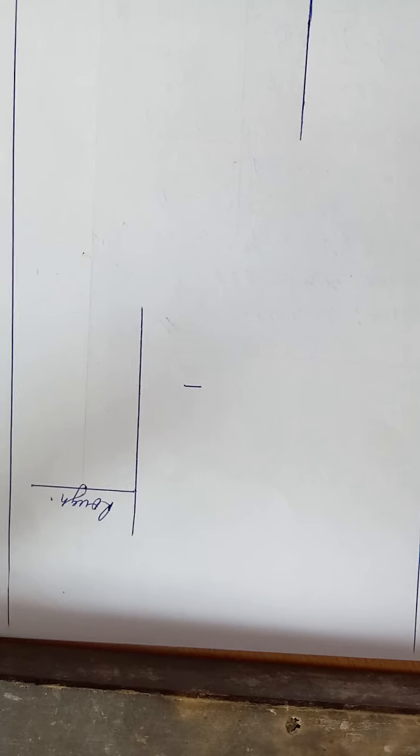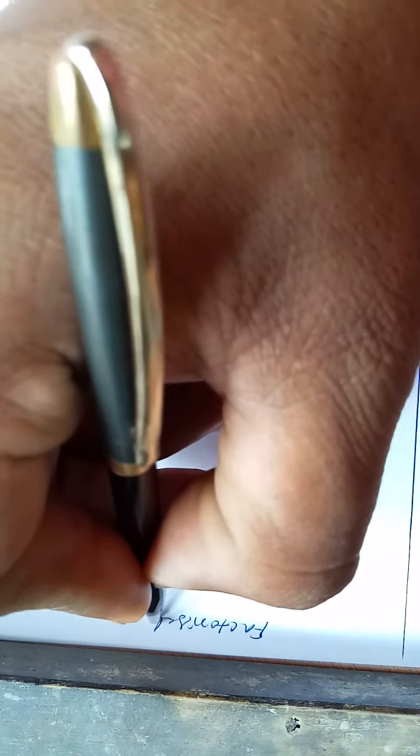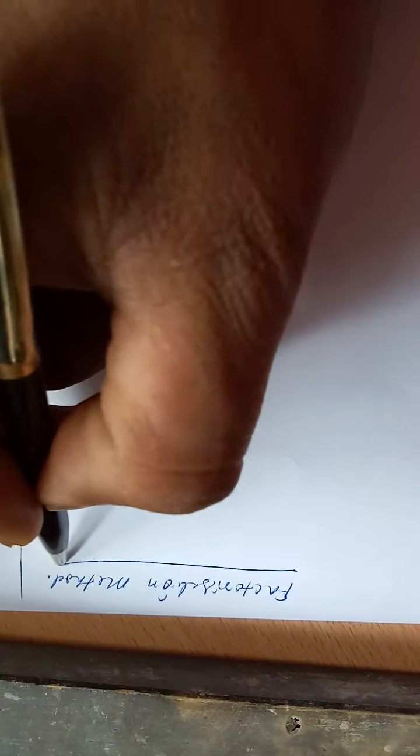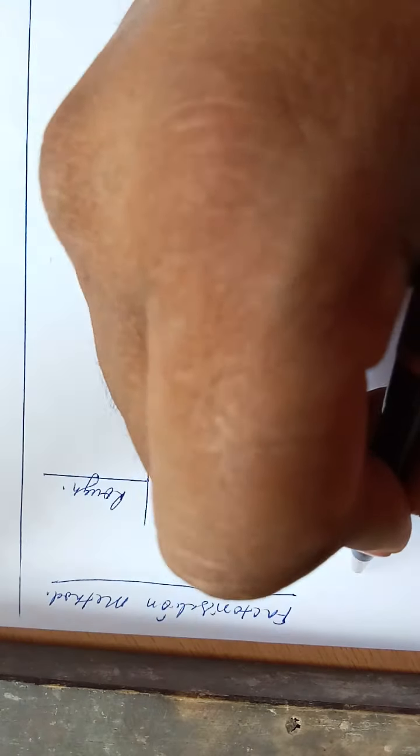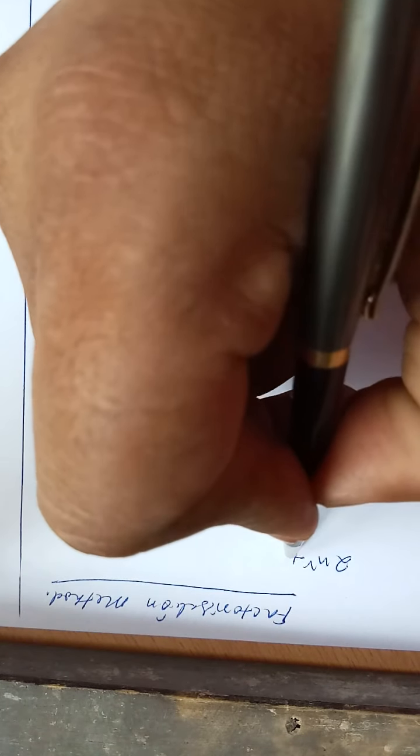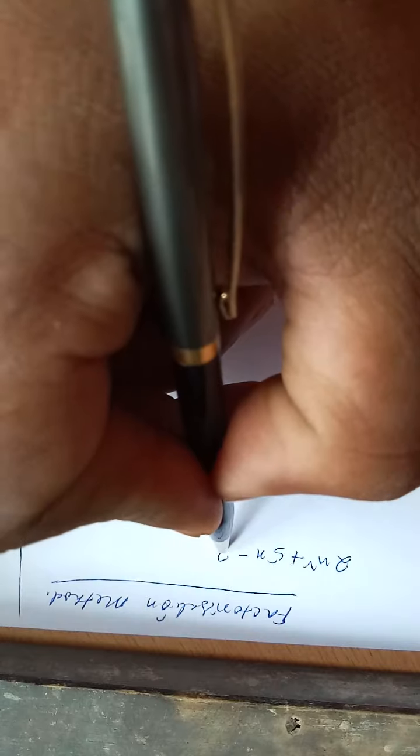Dear students, today once again we are going to solve a quadratic equation by the factorization method. Let us take an example of a quadratic equation which is a little bit different than the previous maths, that is 2x square plus 5x minus 3 is equal to 0.